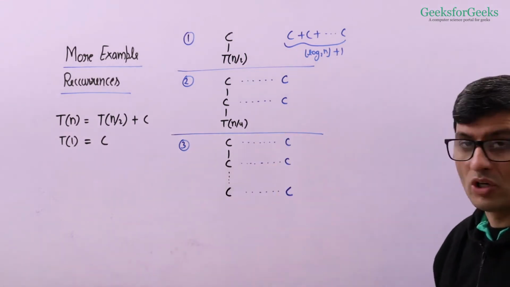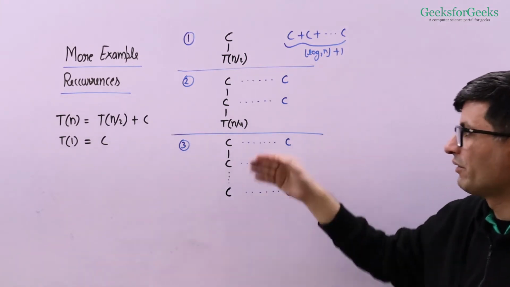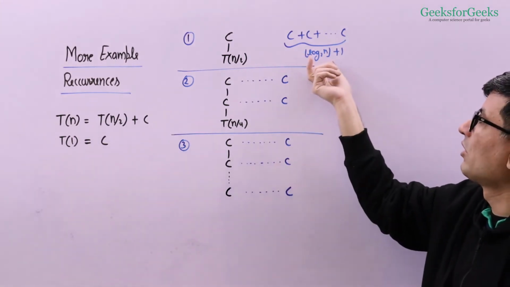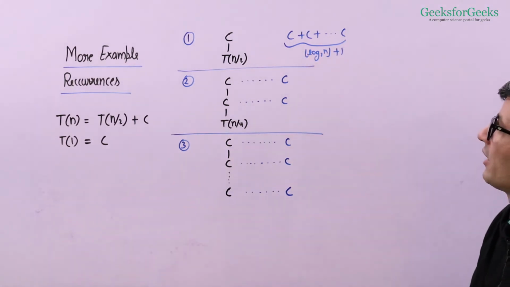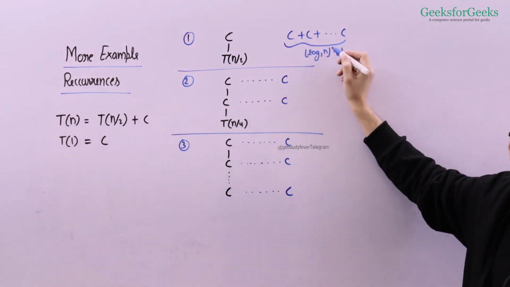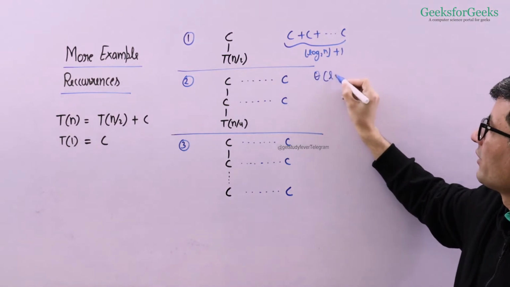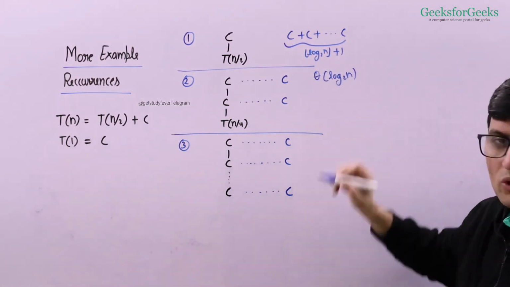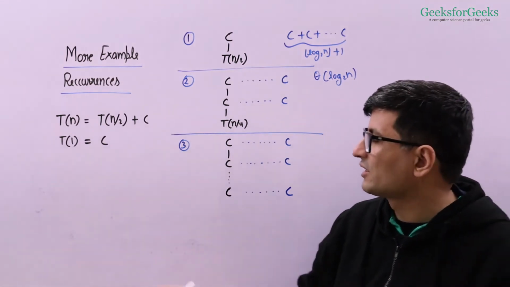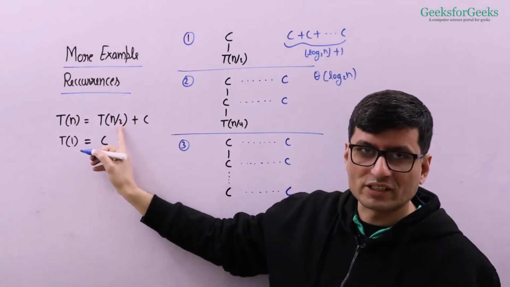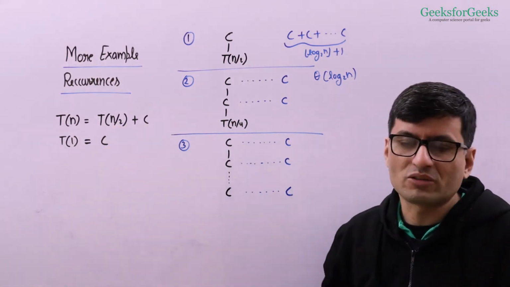We just need to find out how many levels we have. And we've discussed one such example earlier, right? When you divide n by 2, in such cases, we have floor of log of n base 2 plus 1 levels. And we are going to have these many C's. So what is the summation of the series? It's clearly theta of log n, right? So that's the time complexity of this recurrence. And this recurrence you would see in binary search. In binary search, what we do is, we recursively call either for the left half or for the right half, and we do additional constant work.